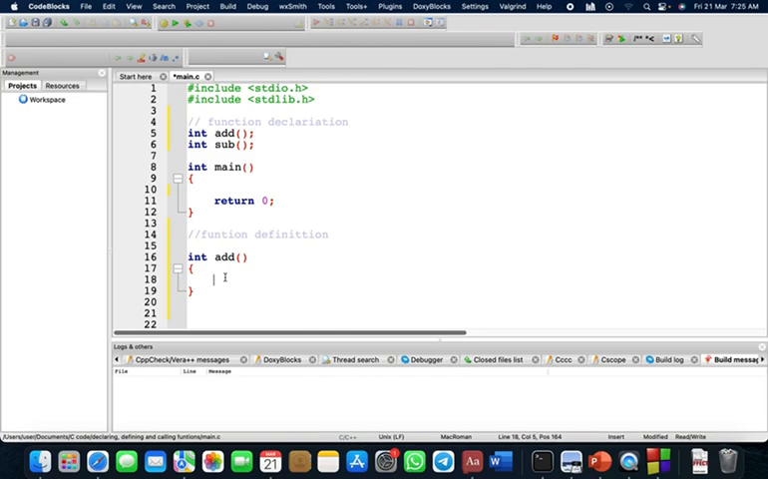I'm just going to say printf, this function adds two numbers. This function adds two numbers. Next thing I'm going to printf